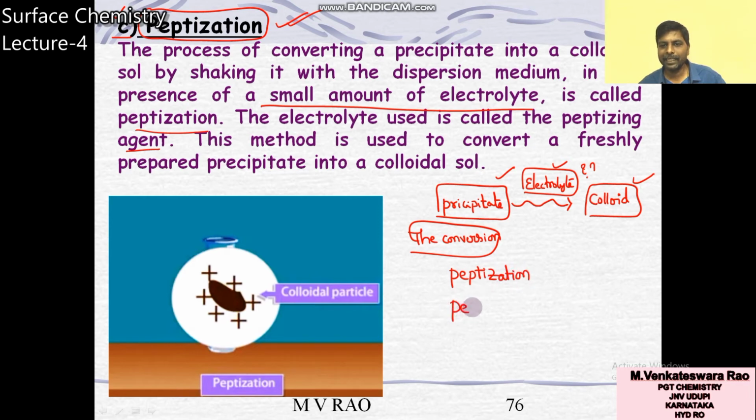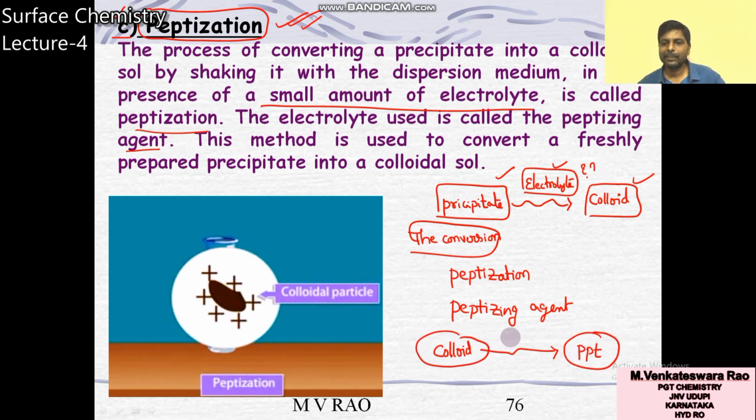Second definition is peptizing agent. So what is peptization? The conversion of precipitate into a colloid by the addition of a small amount of electrolyte is called peptization. In the next class one topic will come, where colloid is converted into precipitate. Reverse process. Colloid is converted into precipitate. This process is called